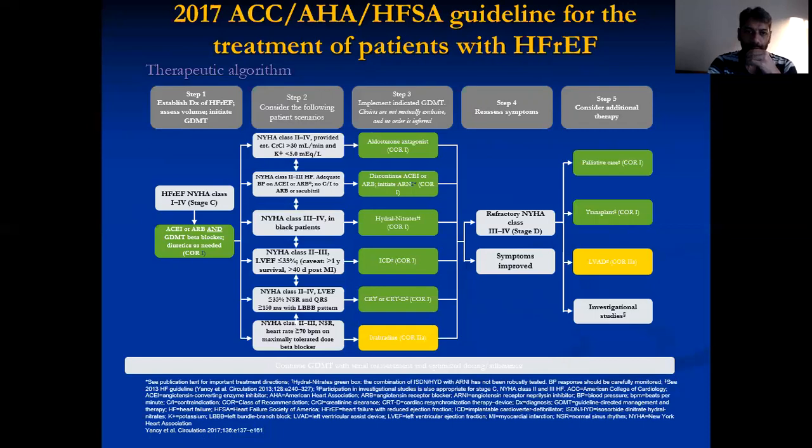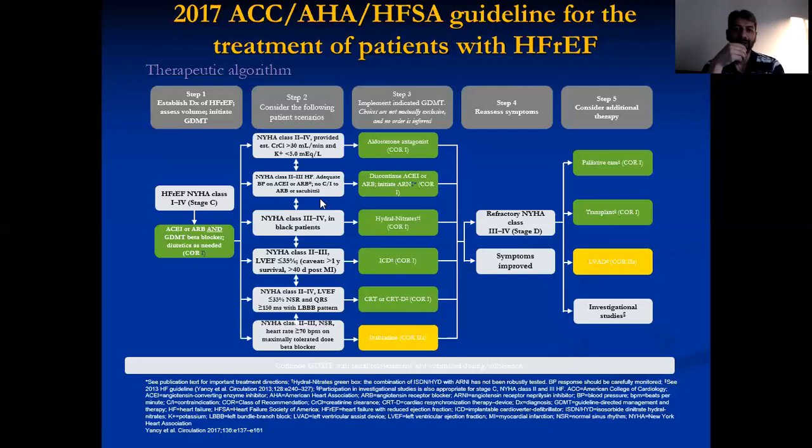Step two. Here, if your patient is in functional class 2 to 4, provided creatinine clearance is greater than 30 ml and potassium less than 5, you can add on aldosterone antagonist. Okay, so these are the preconditions for adding aldosterone antagonist. Second thing which you can do is, if his blood pressure is okay, but he's still symptomatic, you can add on ARNI that I have described previously